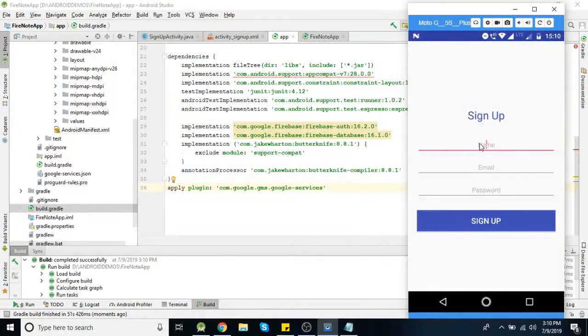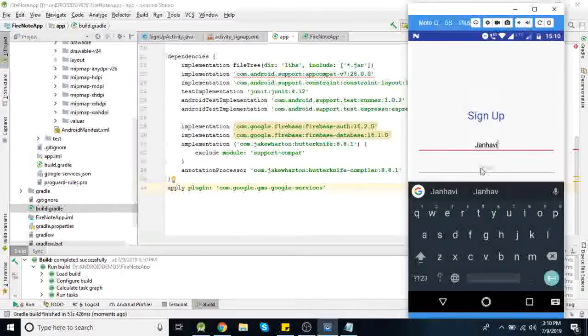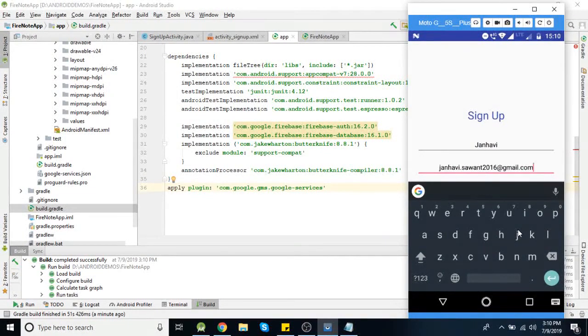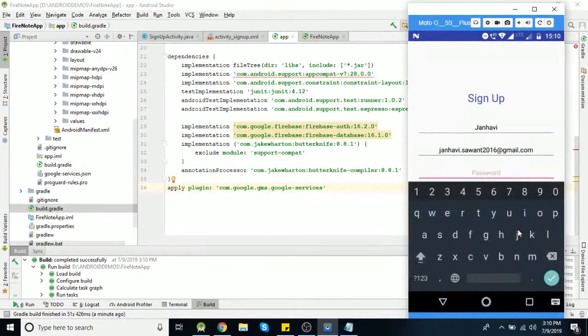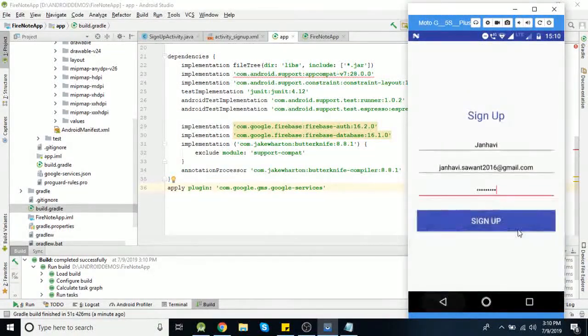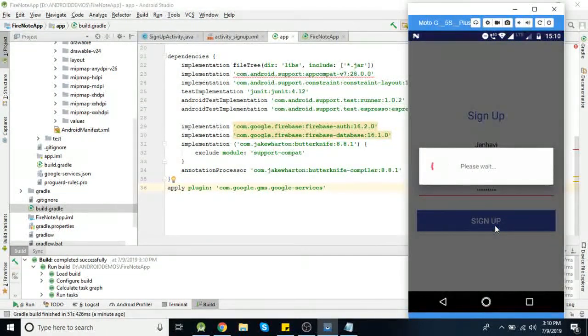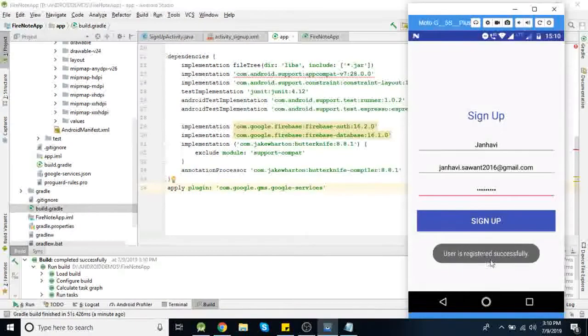Here I am entering a name, then the email ID which you want to register on Firebase, and password. And when I click on this sign up button, we'll see a progress dialog and the user is registered successfully.